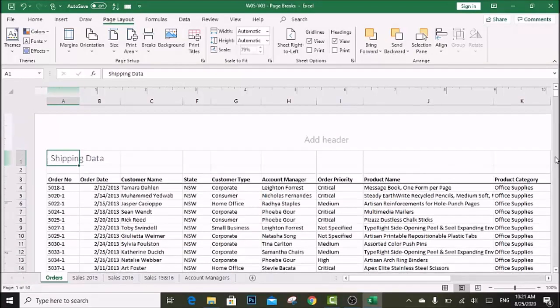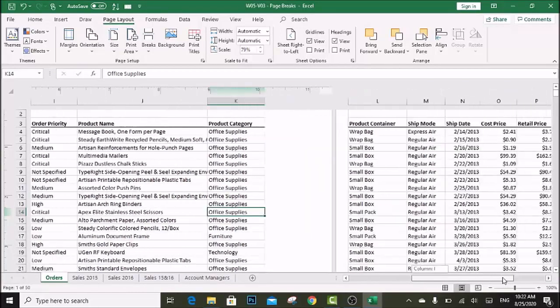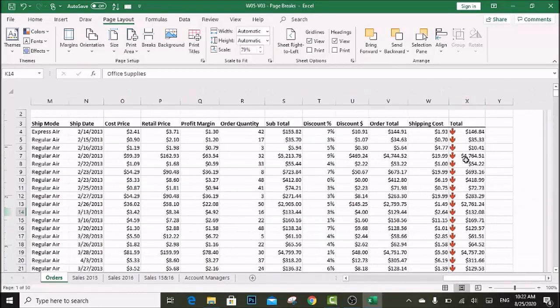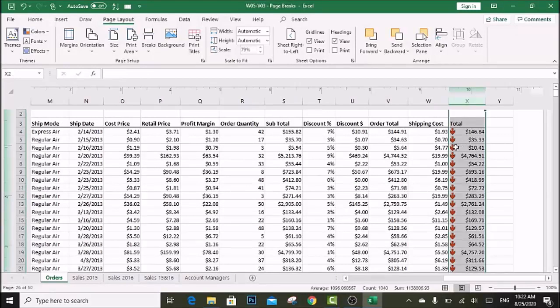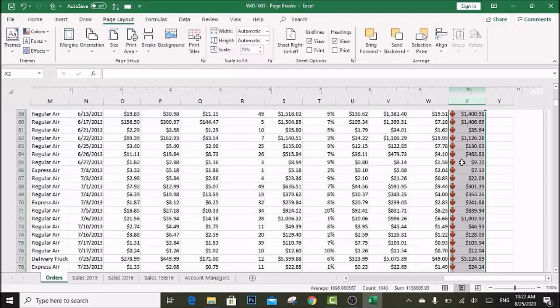Now we will learn how to use page breaks in another way. Okay, so we will go up on the worksheet and going to the extreme right, there is a column for total, and in this total column I have 5 different kinds of symbols.